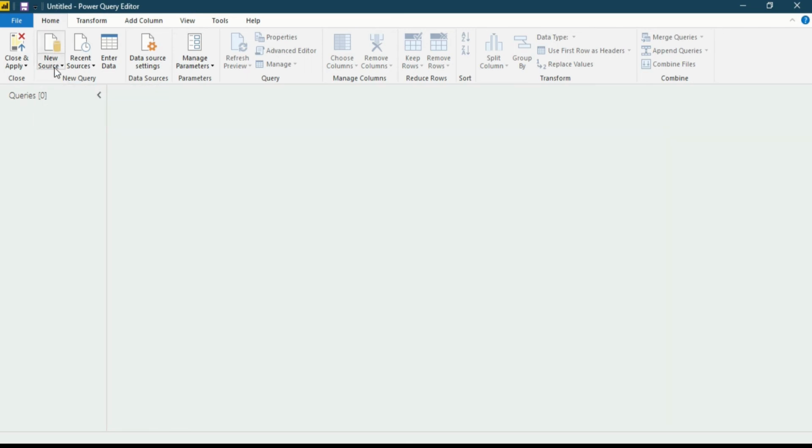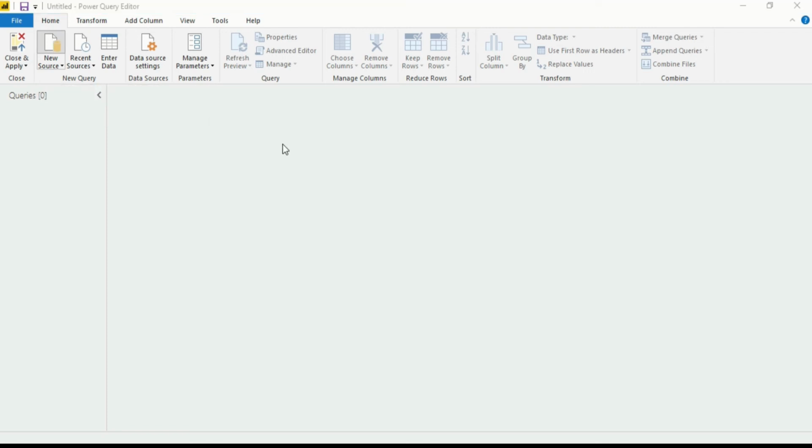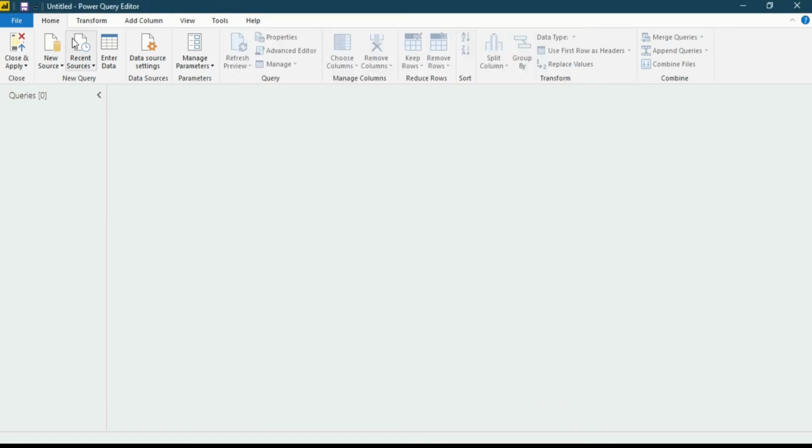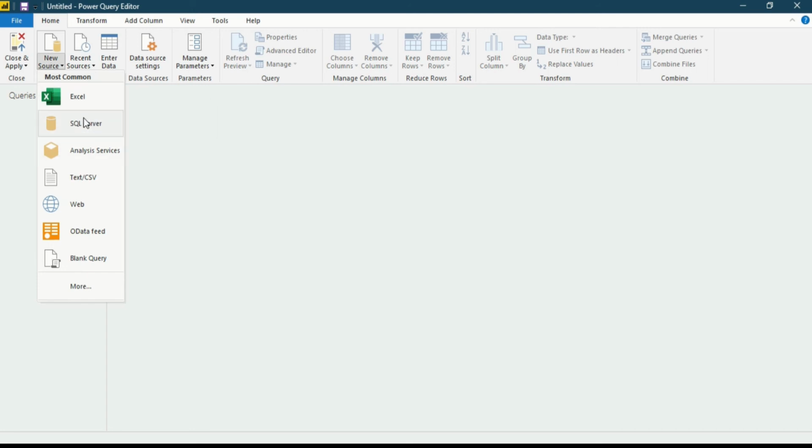There are two options available, an upper option and a lower option. I will tell you about both of them. Firstly, the upper one: when we click it, we will see a Get Data tab, which looks like this. In this Get Data tab, you will see various sections available for the source files. So we will close that, and in the lower section, when we click, we will see the most common dialog, in which the most commonly used source files in Power Query or Power BI Desktop are available.